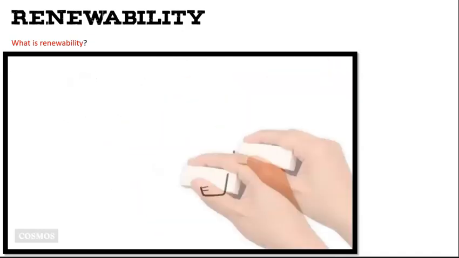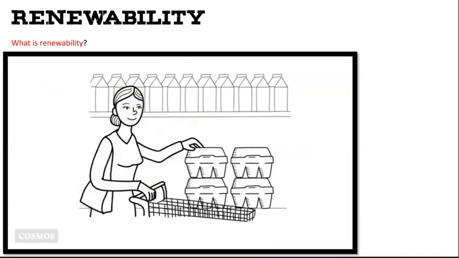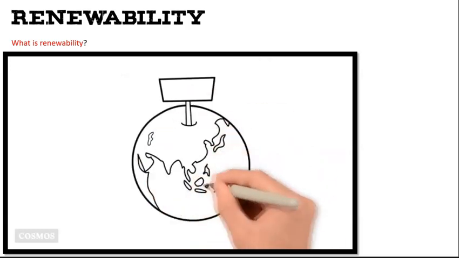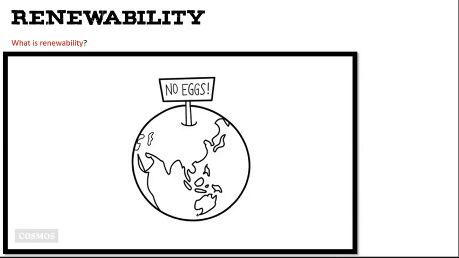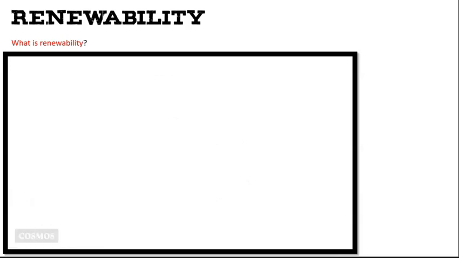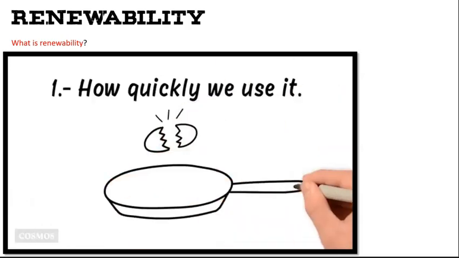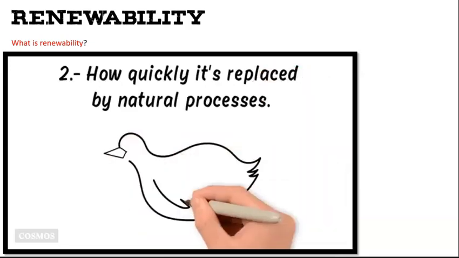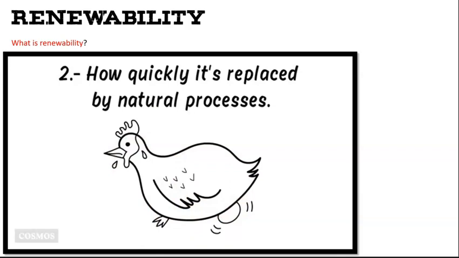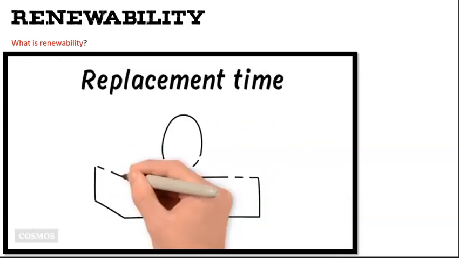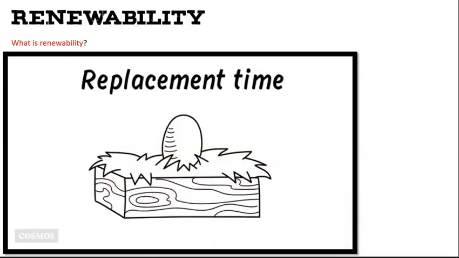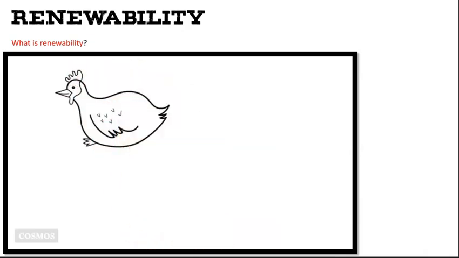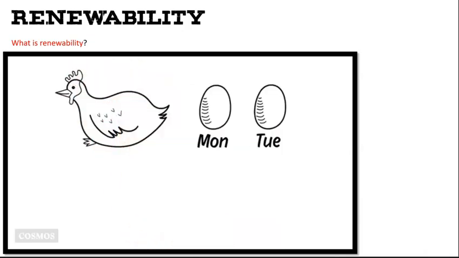When you run out of eggs, you just go to the shop and buy more to replace them. But how do you know the world won't run out of eggs? Whether or not we run out of a natural resource depends on two things: how quickly we use it and how quickly it's replaced by natural processes. This is called its replacement time. In the case of eggs, the replacement time is short. Chickens will lay more every day,